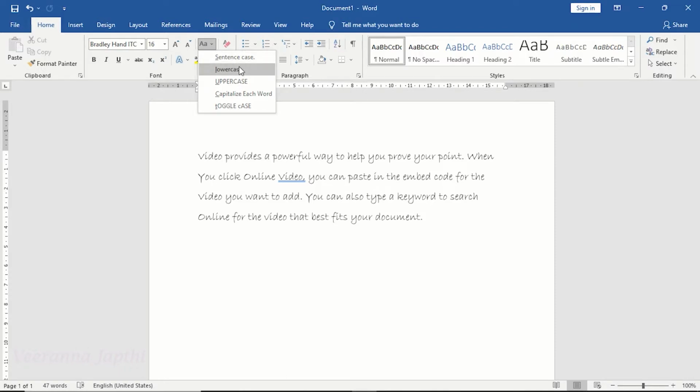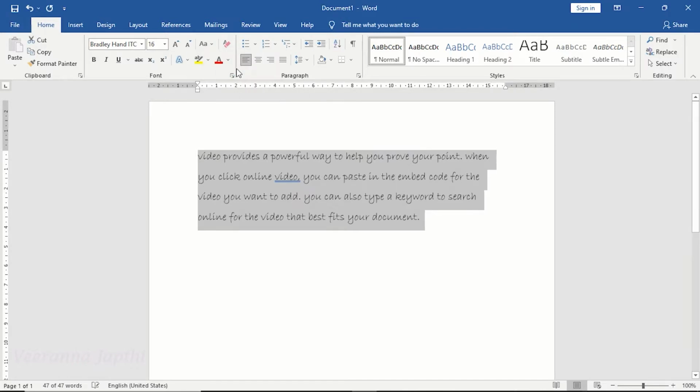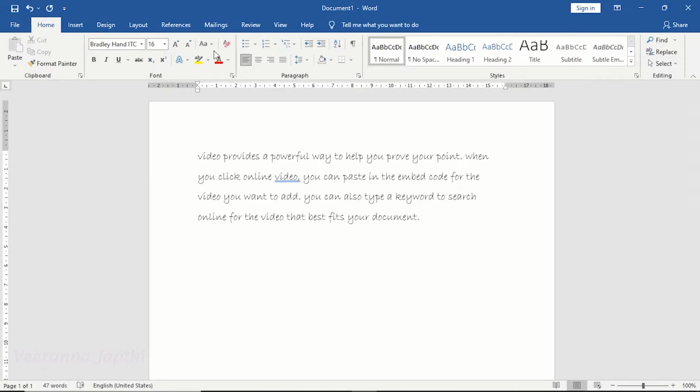lowercase. This option converts selected text into lowercase. Let us see example. Select the text. Click on change case tab. Select the option lowercase. See the change. Lowercase option has been applied and each capital letter has been converted into lowercase. Next option,